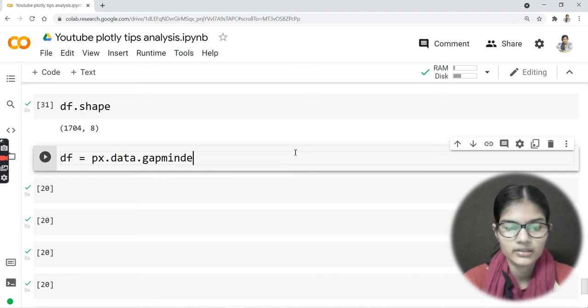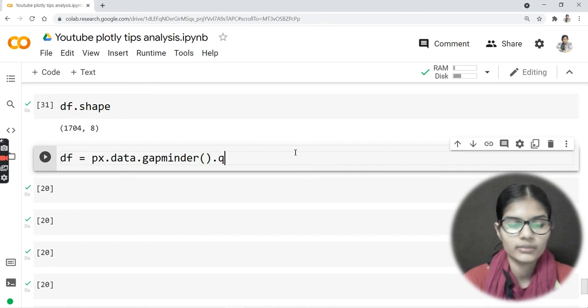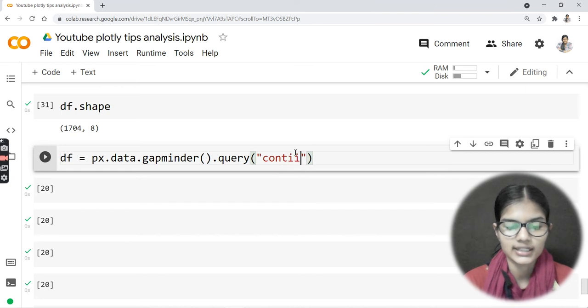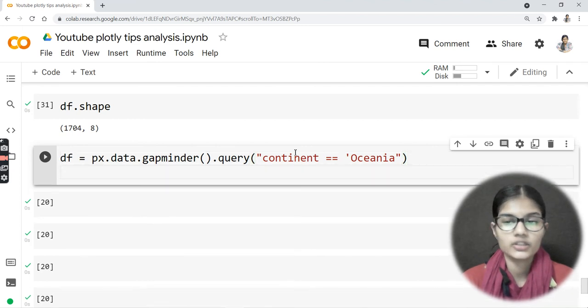After the bracket, dot, I'll apply my query function, and inside that I'll put the continent. I'll apply the query onto the continent: continent is equal to Oceania. It is one of the continents you have. Oceania, this is the correct spelling. So this is the one continent we are using.